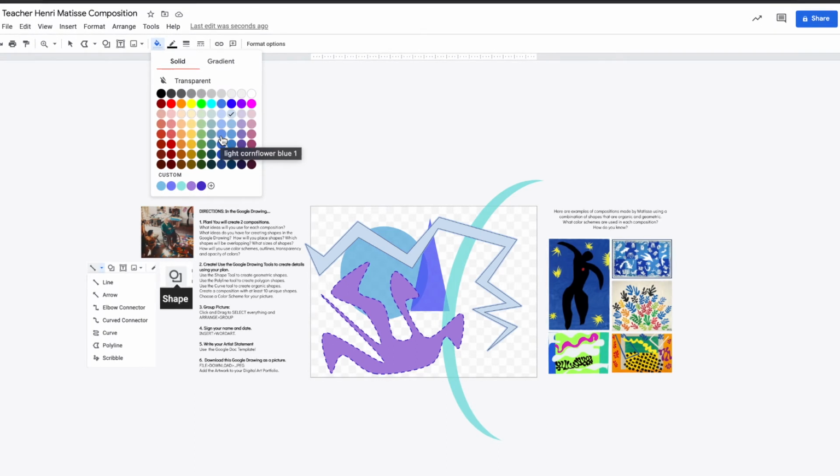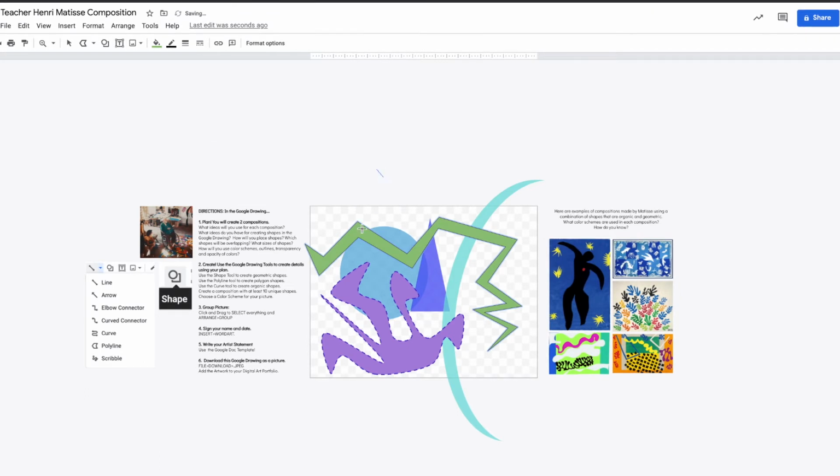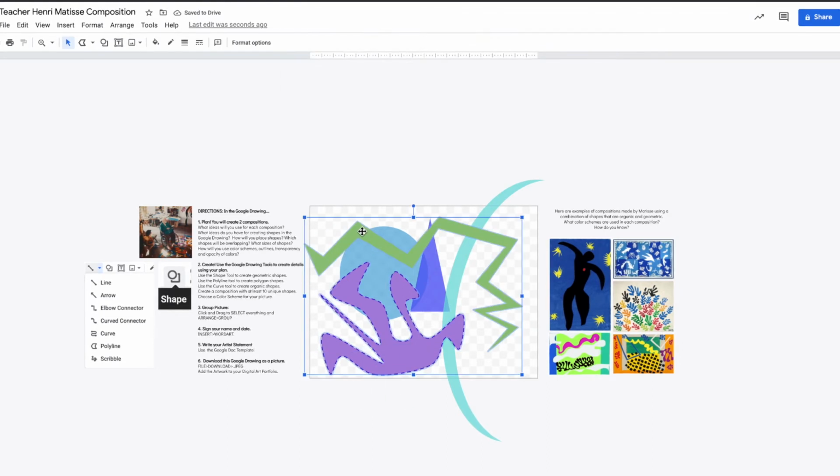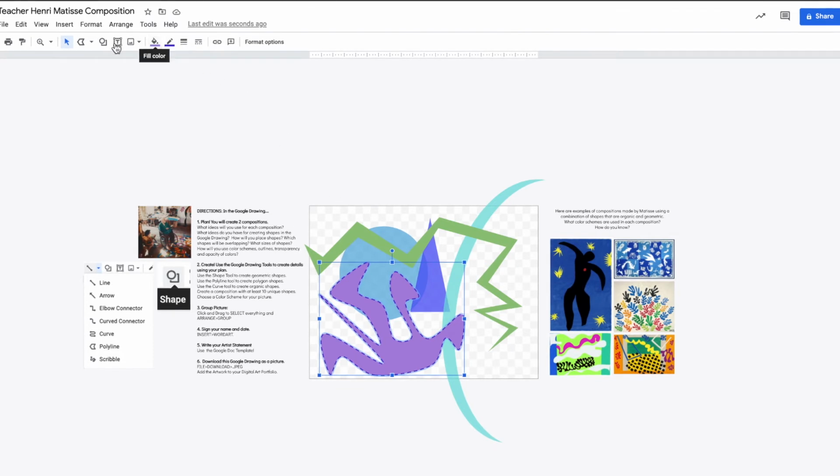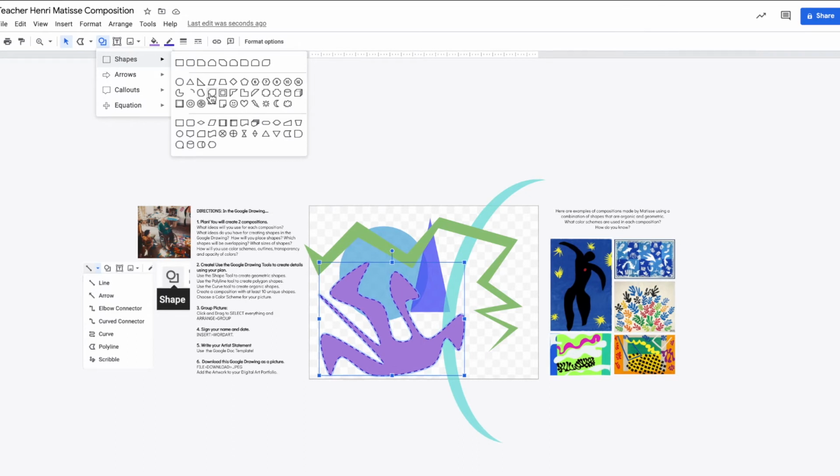And I said I was going to use cool colors for this composition, so blues, greens, and blue violets. And my personal preference is to maybe turn the border off for my shapes. So far I have 1, 2, 3, 4, 5 shapes. I need to have at least 10 shapes in my composition. So what I'm going to do is make some smaller shapes, because most of the shapes I've made so far are rather large. So what I'll do is